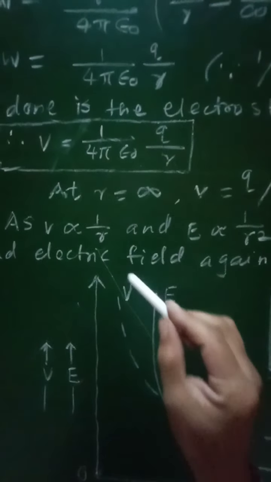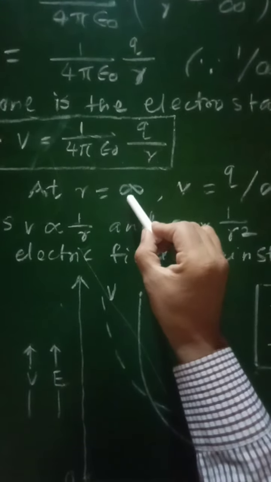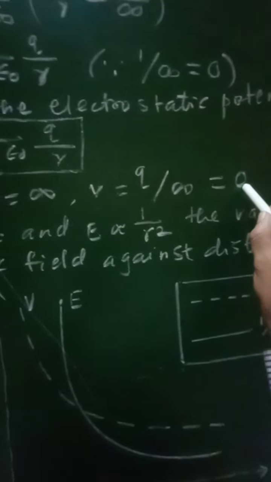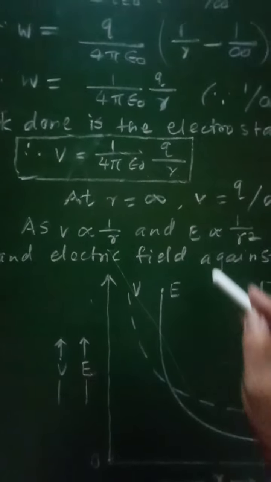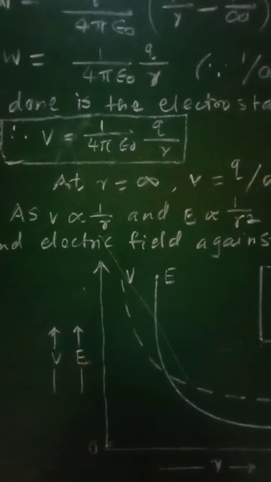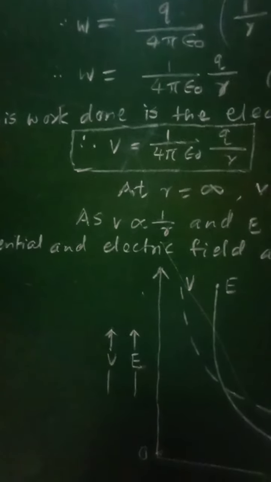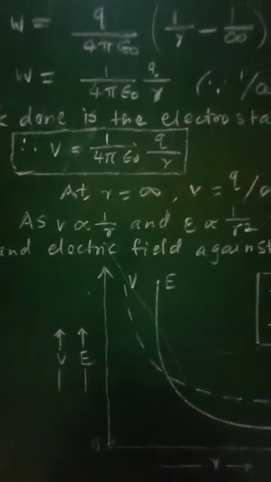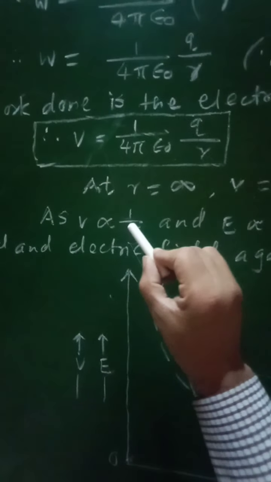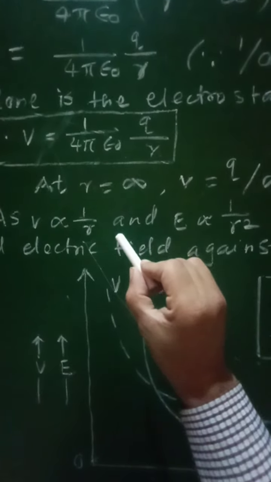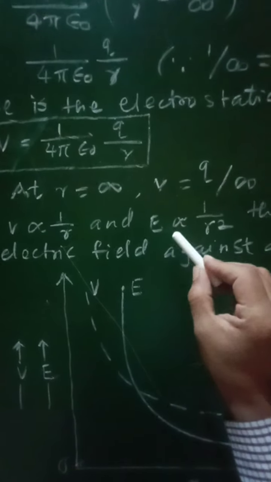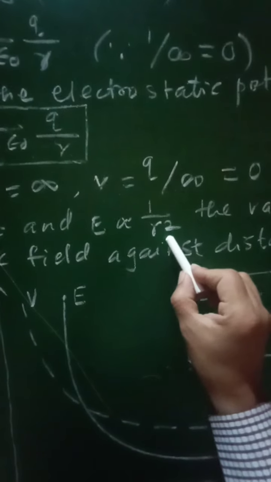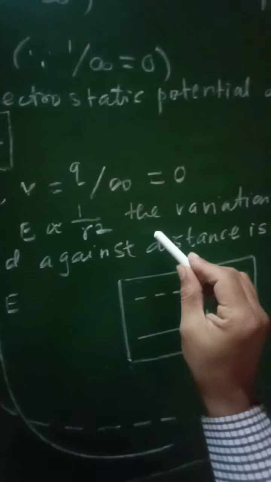Now from this relation, if R is equal to infinity, then phi will be equal to Q by infinity, and that will be equal to 0. That is, at infinite distance from any charge, the electrostatic potential will be 0. Now from these equations, we can conclude that the electrostatic potential phi is inversely proportional to R, and we have already studied that the electric field is inversely proportional to the square of the distance, that is R square, and therefore